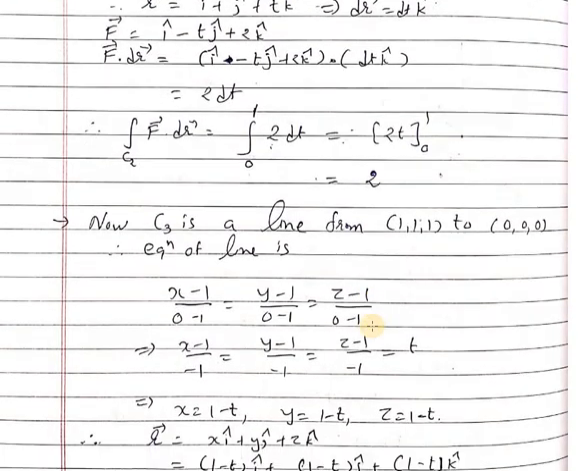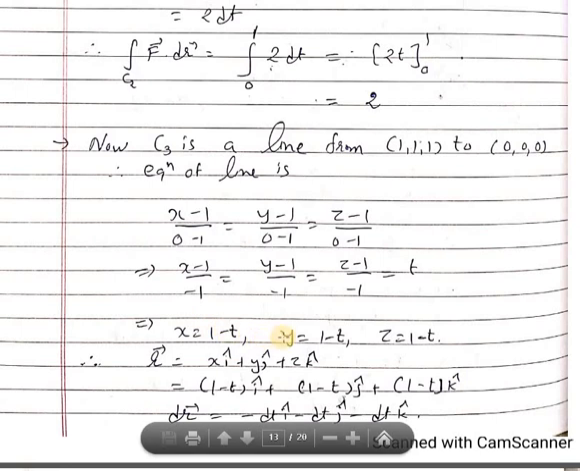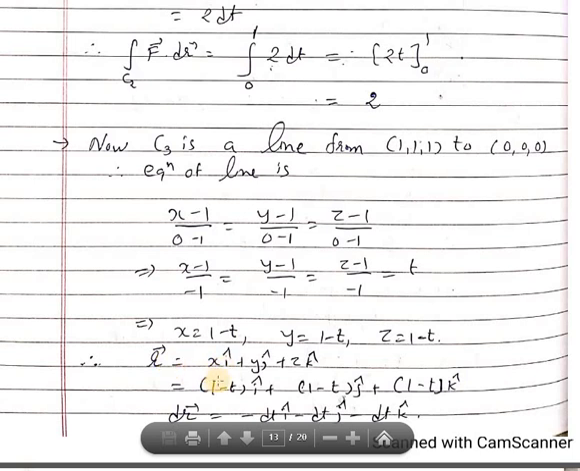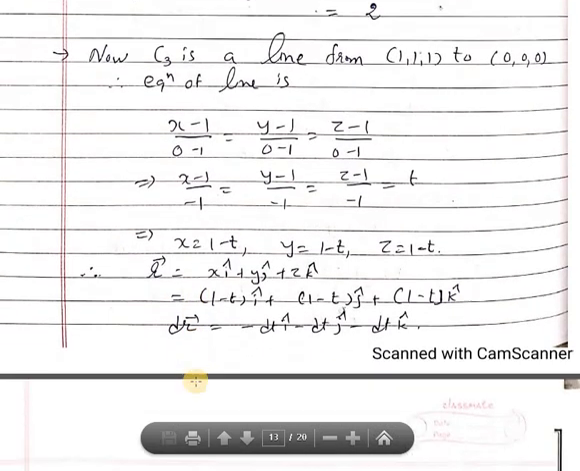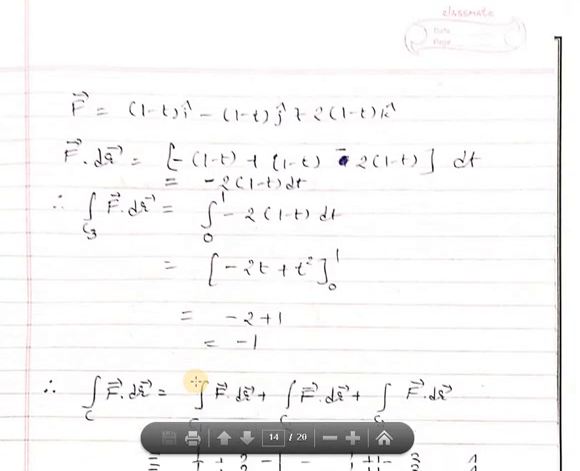Again for C3 you are going from (1,1,1) to (0,0,0). Here the direction is important. So that will give you (x minus 1) upon (0 minus 1), (y minus 1) upon (0 minus 1), (z minus 1) upon (0 minus 1), and that will give (x minus 1) by minus 1 is equal to (y minus 1) by minus 1 is equal to (z minus 1) upon minus 1 is equal to t. So x is equal to 1 minus t, y is equal to 1 minus t, z is equal to 1 minus t, and that will give you r bar is equal to (1 minus t)i plus (1 minus t)j plus (1 minus t)k. So dr is equal to minus dt i minus dt j minus dt k,